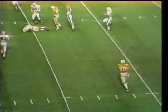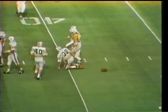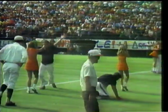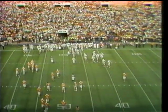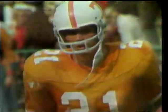Oh, his arm was hit. A pass rush. Number 92, Bob Brown, and Bill Luca putting the rush on the Tennessee quarterback. Wow. So on downs, Auburn,